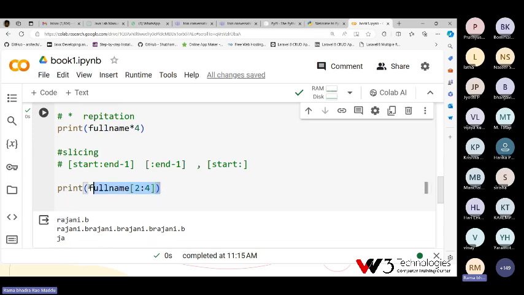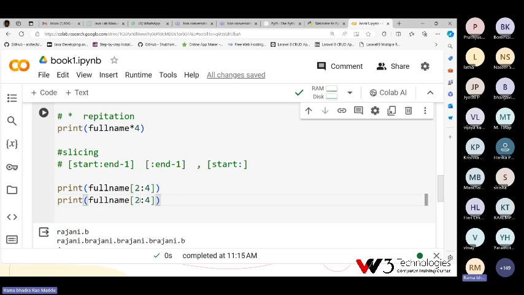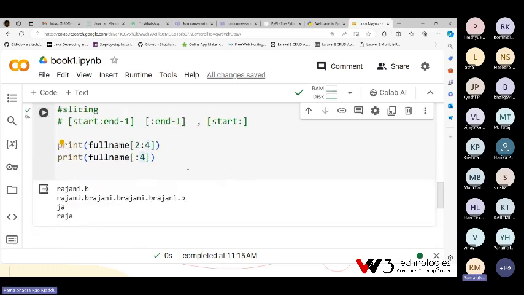It is start and end minus 1. If the starting position is not given, it is considered as the 0th position, and the ending position is 4. So then it printed Raja.